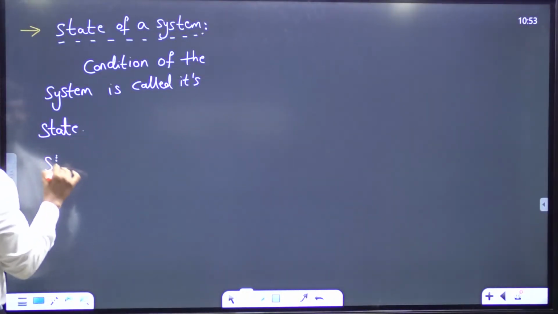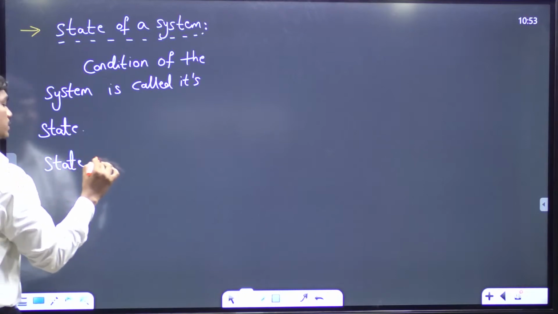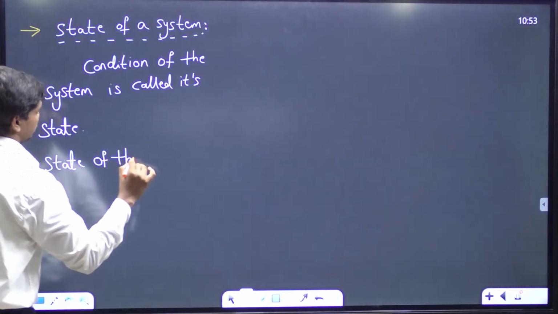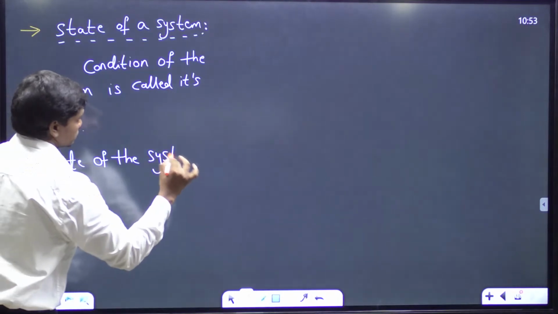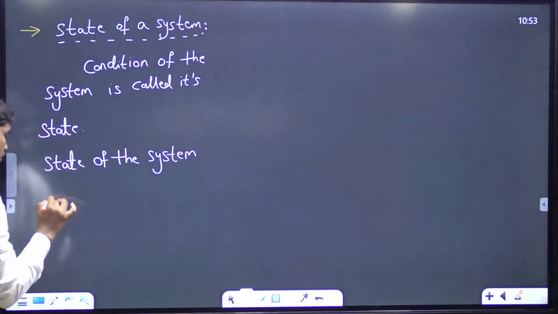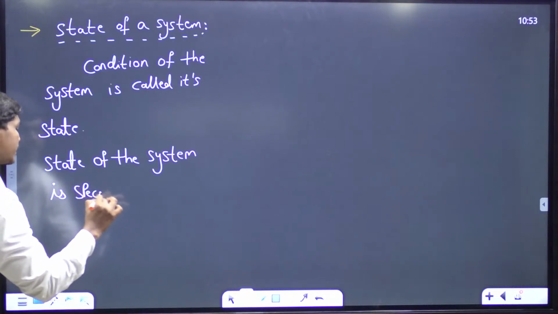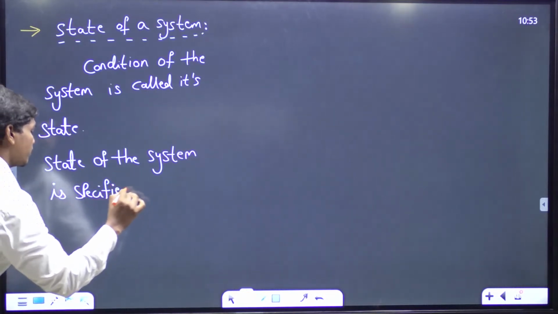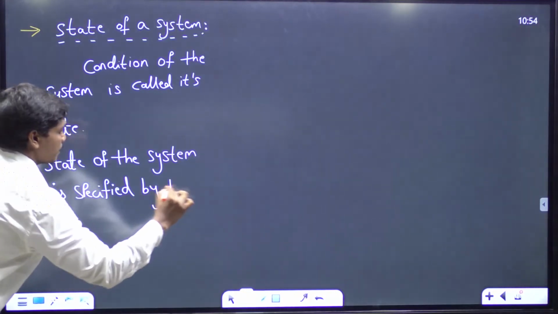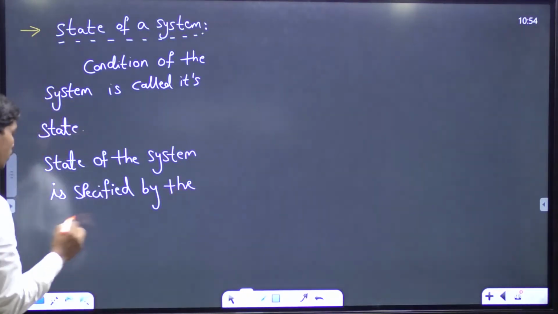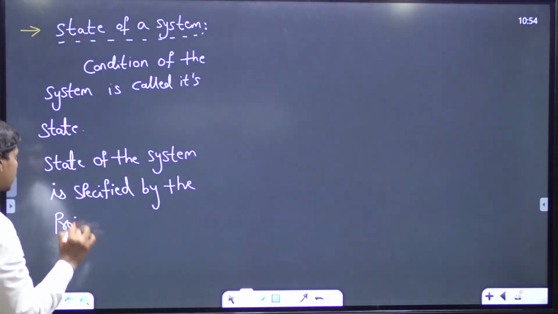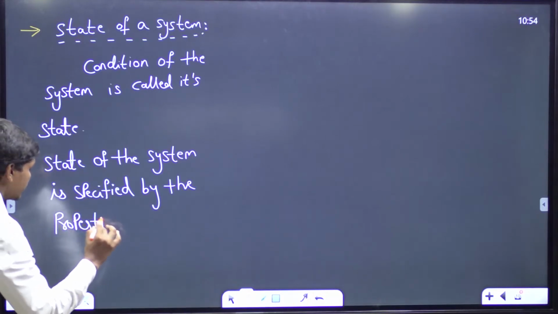The state of the system is specified by the properties of a system. And you know what properties are already, correct? Properties of